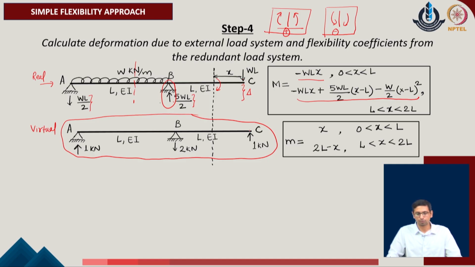In the same manner, for the virtual system also one can evaluate the amount of the moments in the given problem. As we have considered the moment in the positive direction of the displacement, which we have considered to be unknown for the given problem, we have considered this value as 1 unit, which is in the positive direction of the redundant A_r. With this point in mind, we evaluate that the moment at any given position x distance away will be positive x, and for the section over here, it will be evaluated with 2L minus x in the given problem.